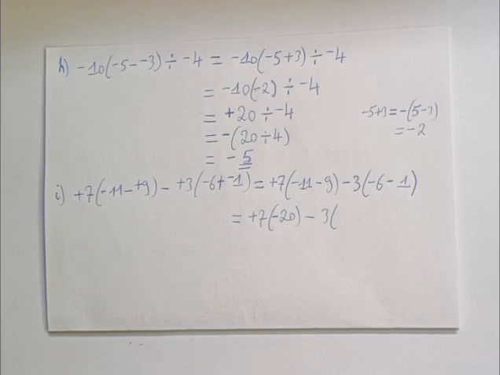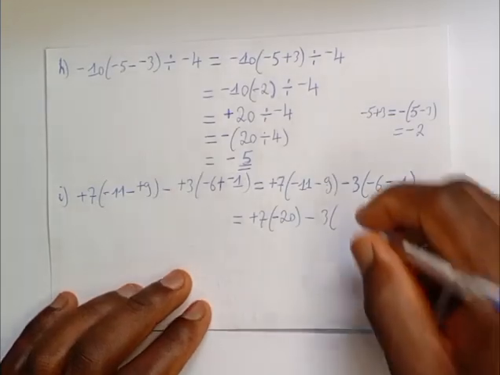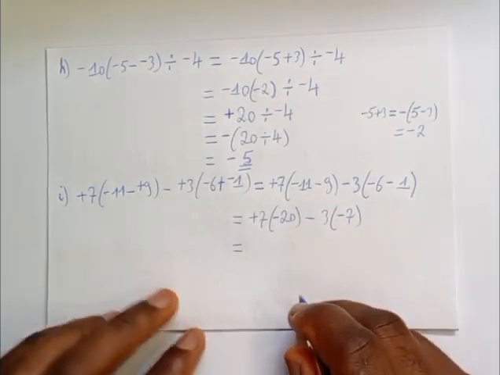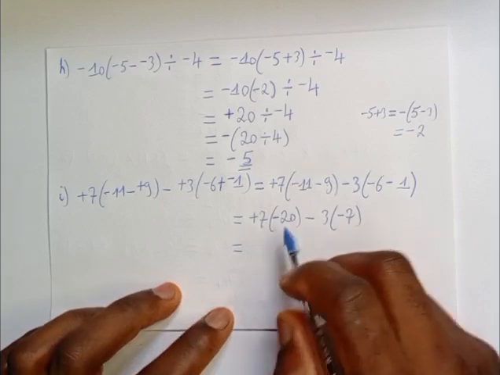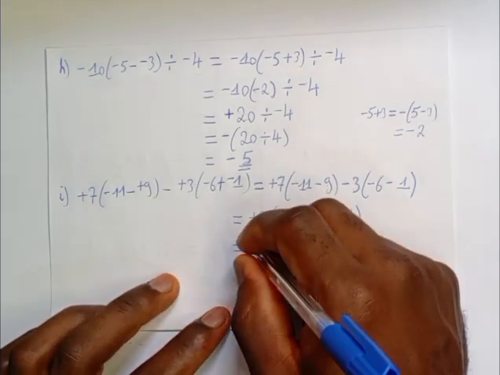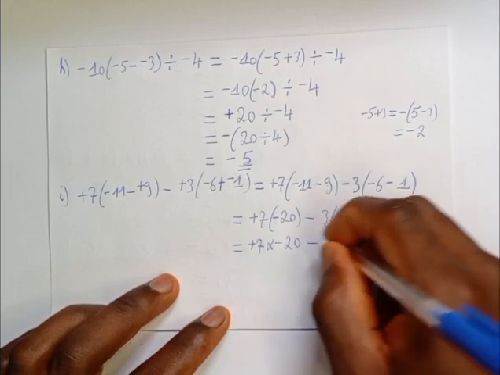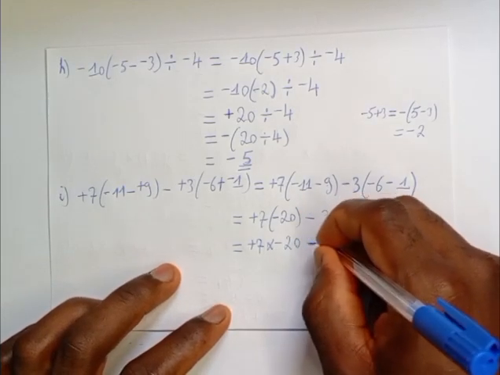Two numbers, they have a common sign which is negative. We are going to add the absolute values, we attach the common sign, and the result will be negative 7. This will simply be equal to positive 7 times negative 20 minus 3